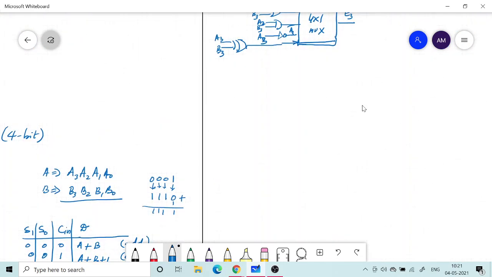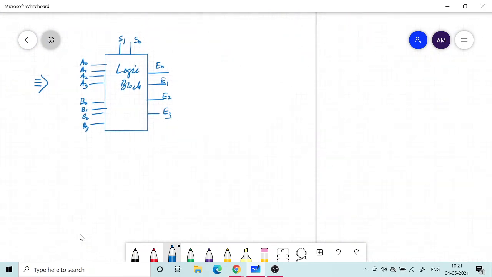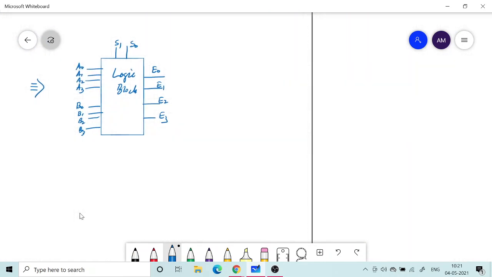and I can do the same with this arithmetic unit also. So let me do that here also. So this is my S1, S0, and here I have an additional input which is the carry input, and then this is my A input, and then I have a 4-bit B input.